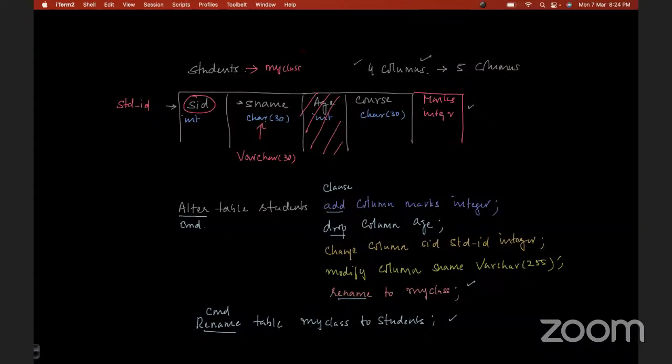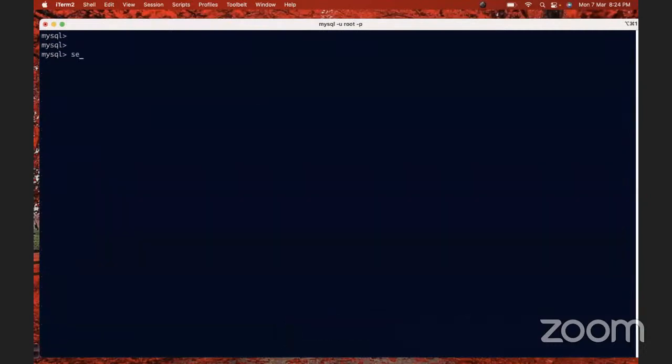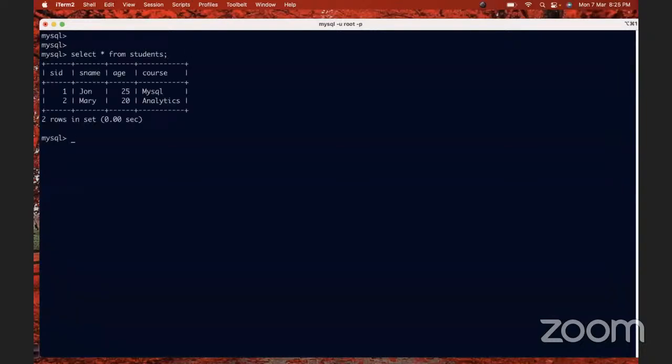Okay. So shall we quickly try out these commands? I will just type, so you can watch. Let me take my students table. Select star from students. So these are the four columns that we have. I'll add a new column. So I'll say alter table students add column marks and the data type. So now if you say select star from